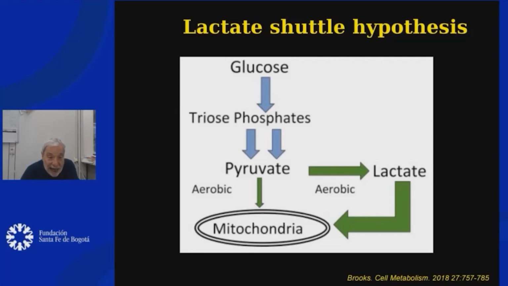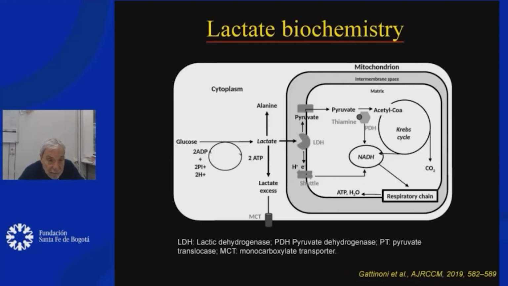Even during aerobiosis, the lactate plays a major role. In a normal cell, even in the presence of oxygen, the lactate in the cell is about 20 times higher in concentration than pyruvate. And now try to look at this